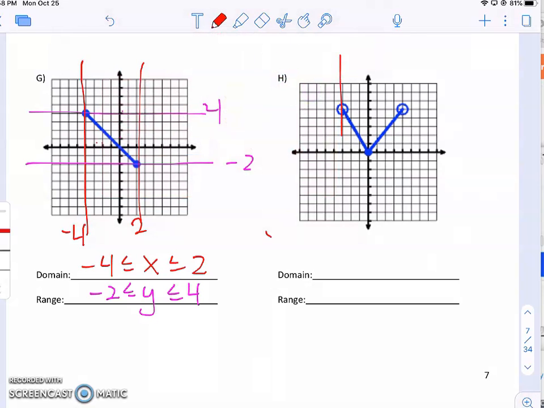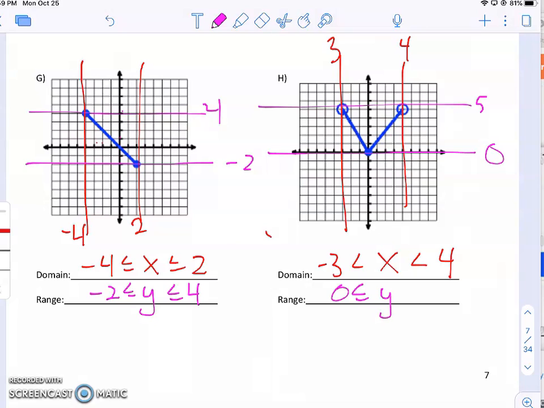And then one last one. So our width, 1, 2, 3, 1, 2, 3, 4. But you'll see they're open circles, so I'm just going to have those less than signs on both sides. And then our y values, so lowest to highest, 0, 1, 2, 3, 4, 5. So 0 is less than or equal to y is less than